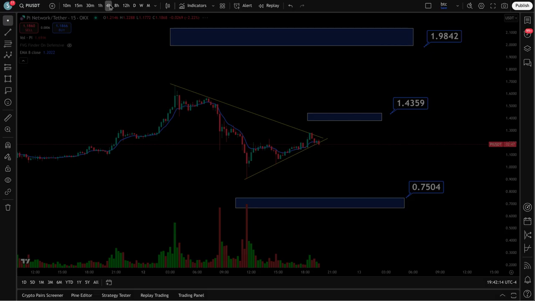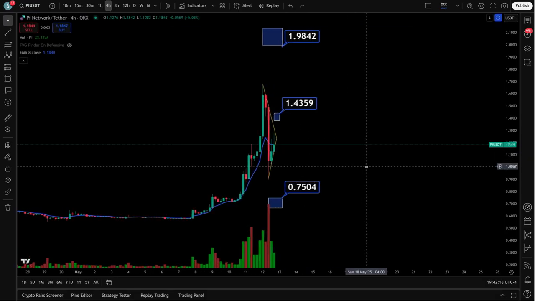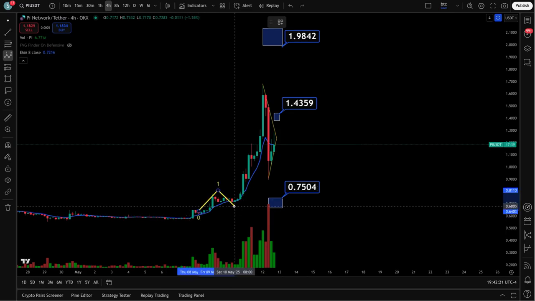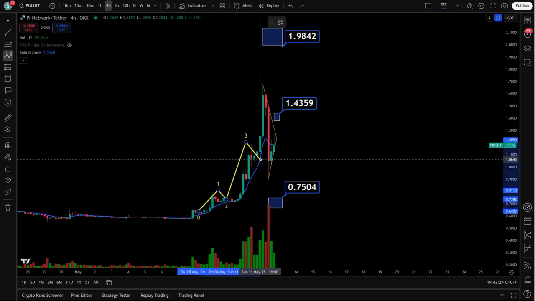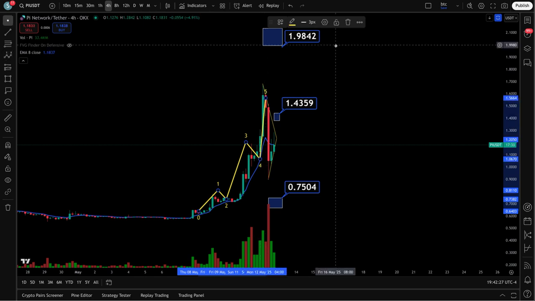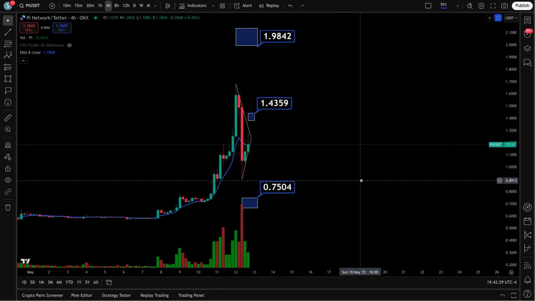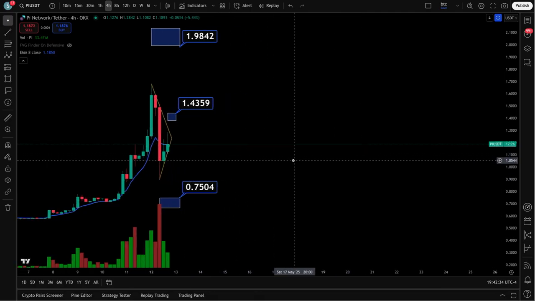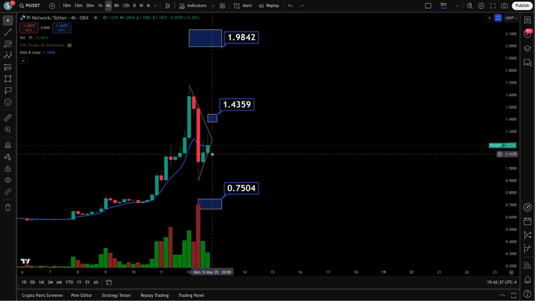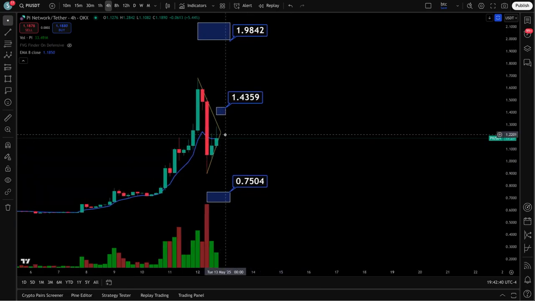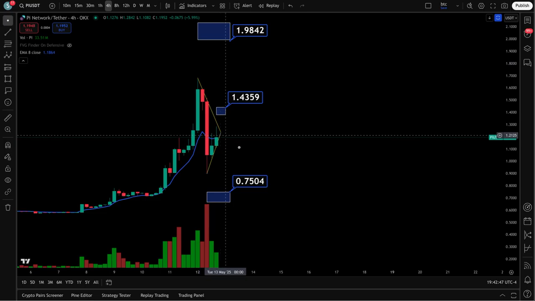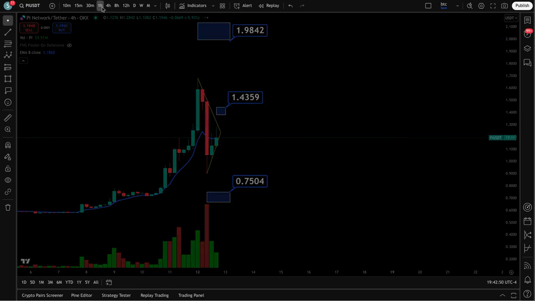Now, if we come out on a 4-hour, you do have all kinds of waves here, which look like 1, 2, 3, 4, 5. This thing has had a really nice run up, and a possible correction here. No big deal. On a 4-hour here, you can see this candle came up to $1.28 or so, and it got rejected. Let's put that on the 1 hour and see.